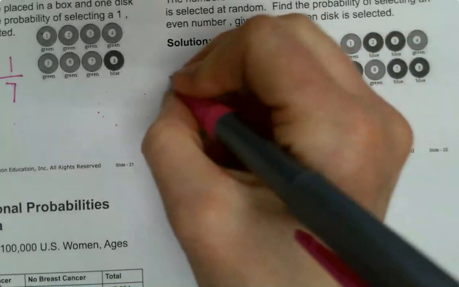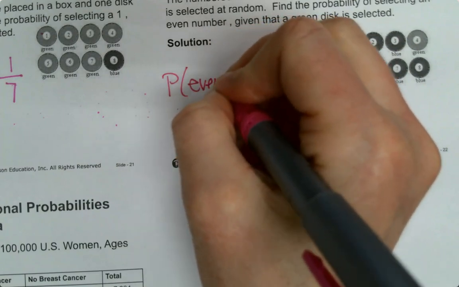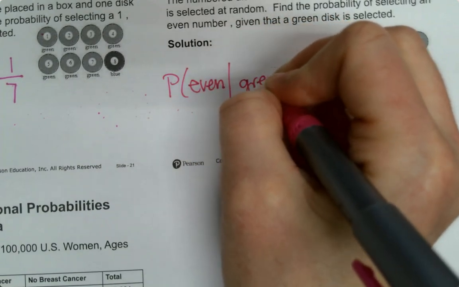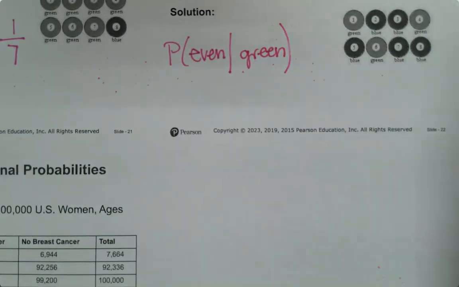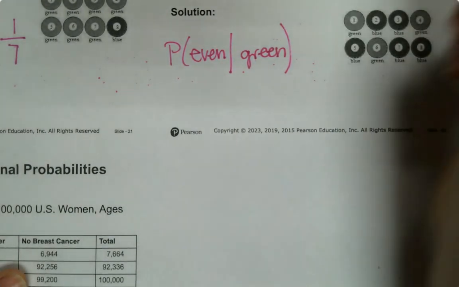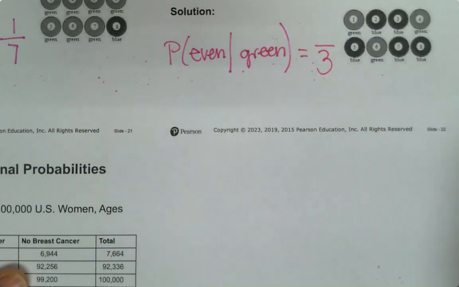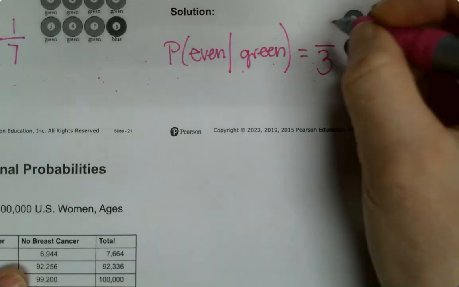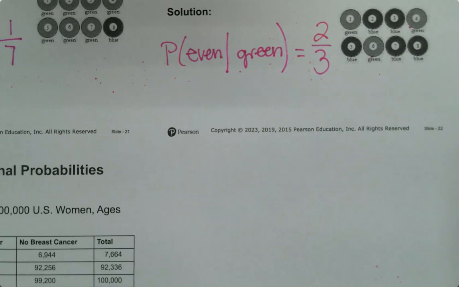Find the probability of selecting an even given green. So let's see. 1, 2, 3. We only have 3 greens, so that's our denominator. And how many are even? 2. So we have 2 out of 3. Okay,